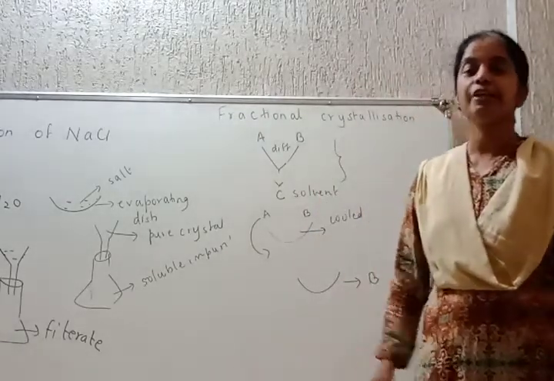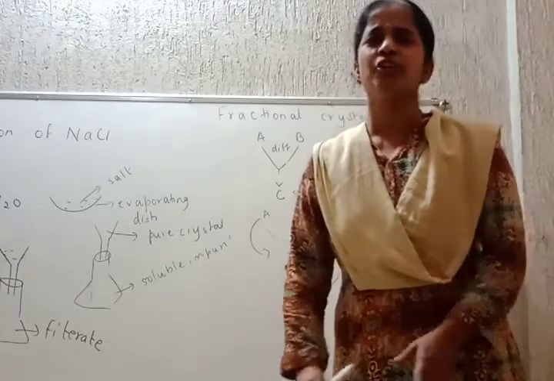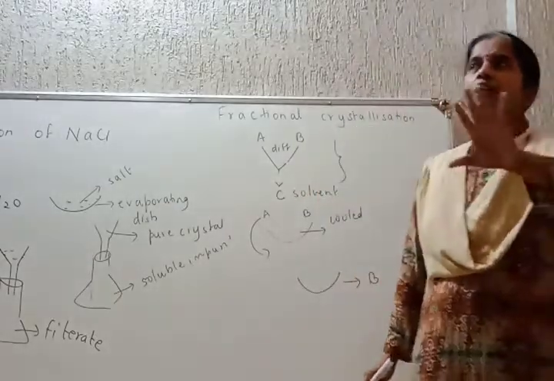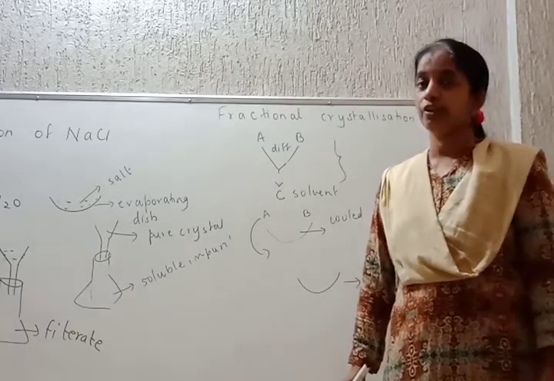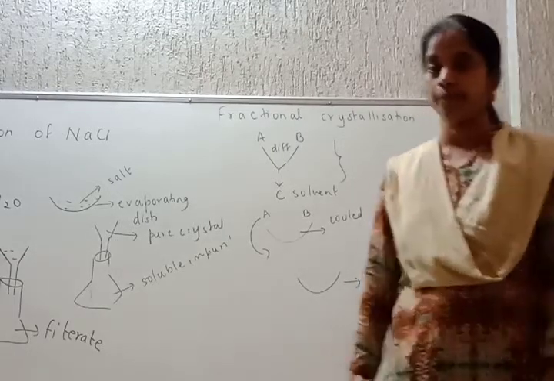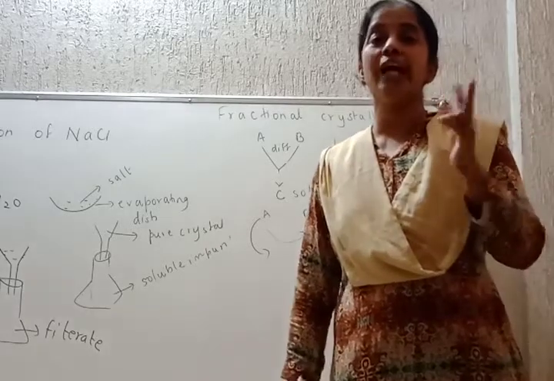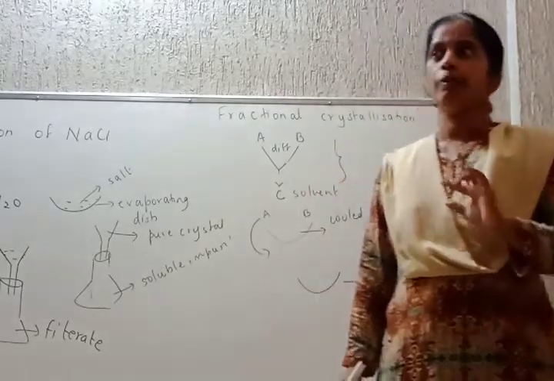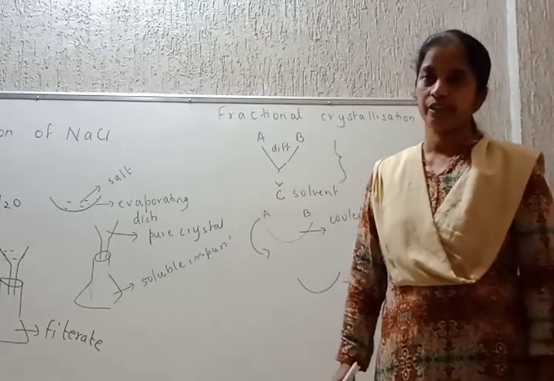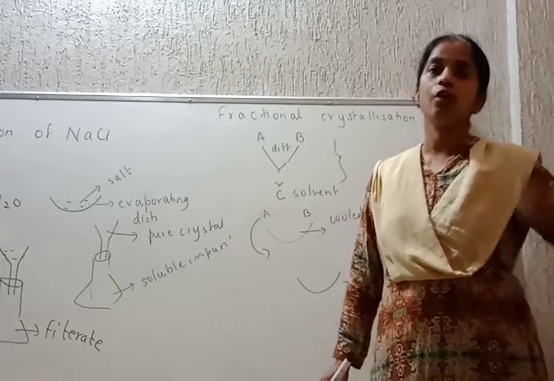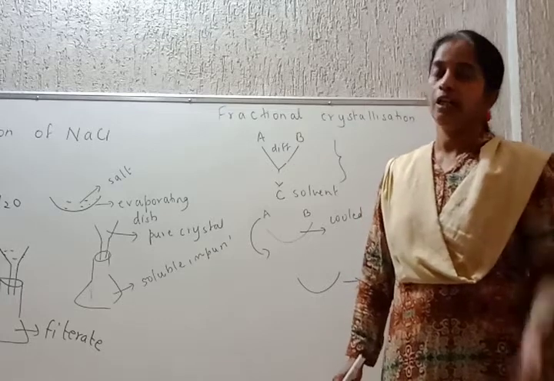Next we will enter into distillation. Students, in distillation we separate two important solutes which have different boiling points, or the solute and the impurity, or we'll put it like this: the solute is highly volatile, impurity is involatile. Highly volatile solute dissolved in a non-volatile impurity. How do we do that?